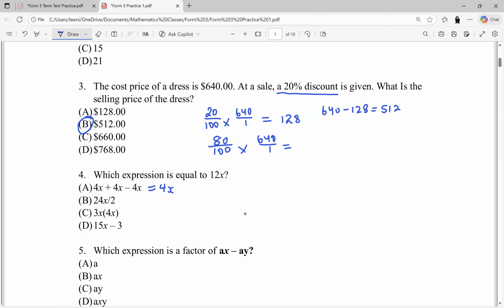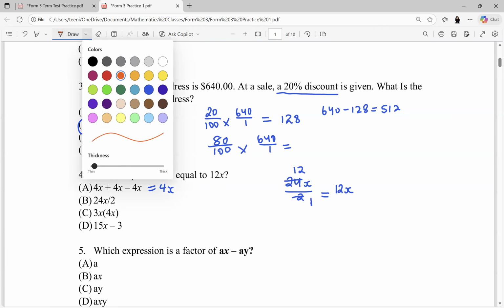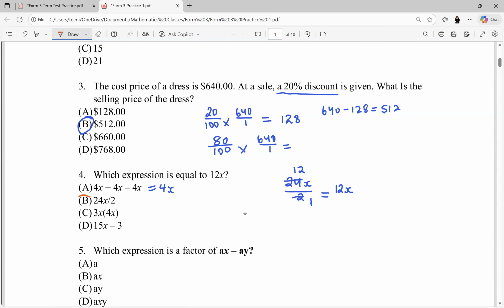Now, 24x divided by 2, you'll say 2 into 2, 1, and 2 into 24 is 12. So then you'll have 12x over 1, which is 12x. So the answer is actually 24x divided by 2, right? But just to show you why the other ones are not correct, well,